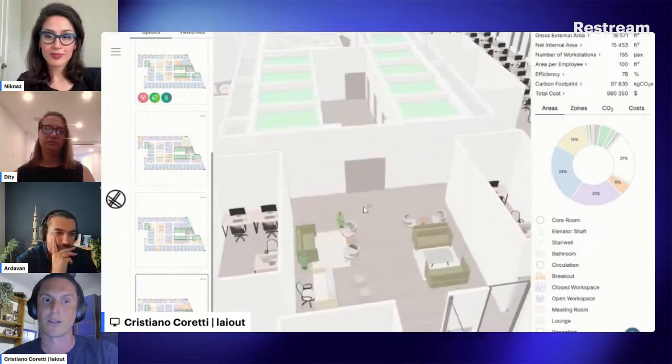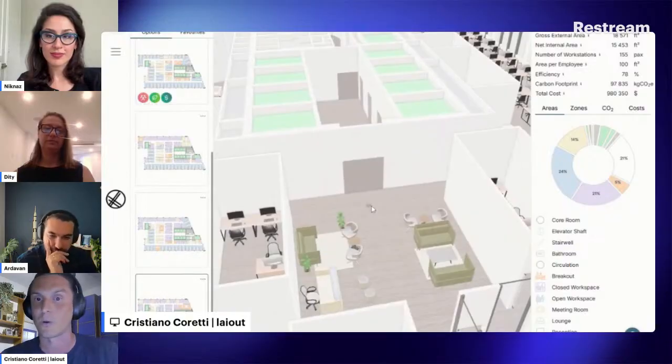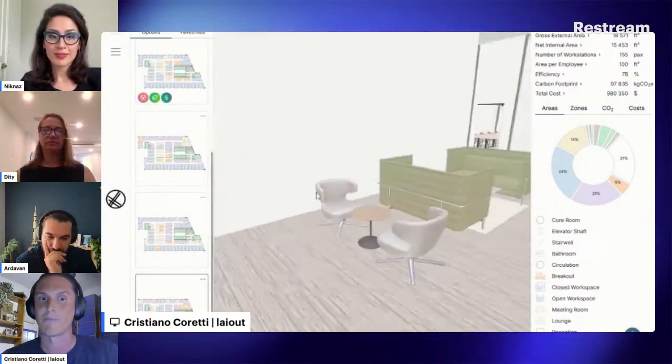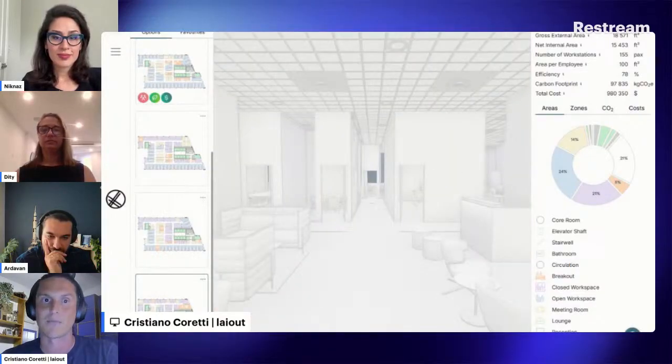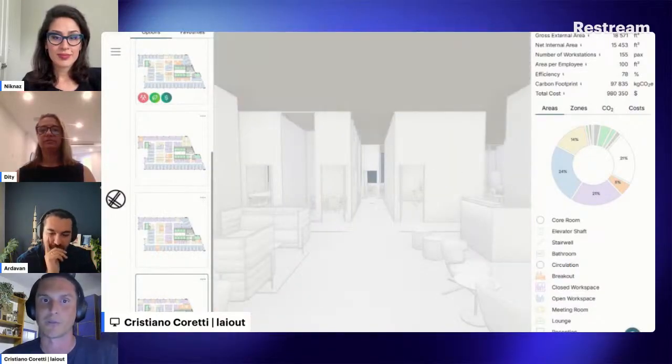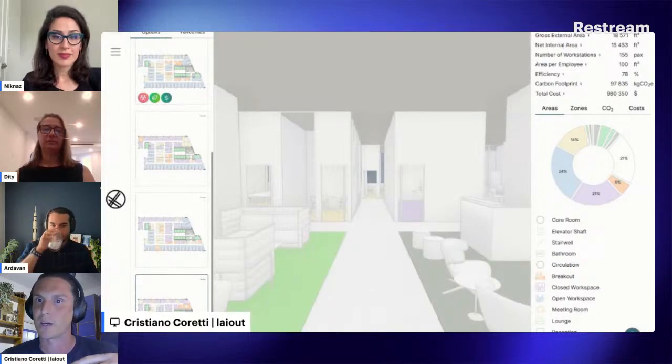You can move around. You can literally double click exactly as you do on Google Street View. You double click and you can literally jump inside the floor. You can change the visualization style. You can change the camera. You can have, for example, different ceilings. You can change and tweak, for example, if you want to do just the schematics,